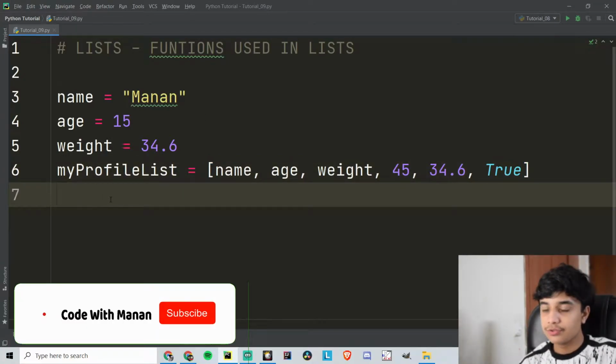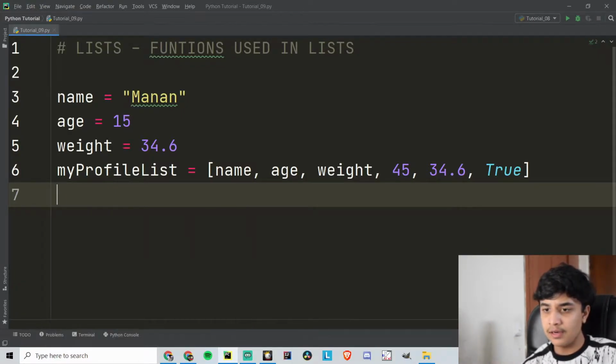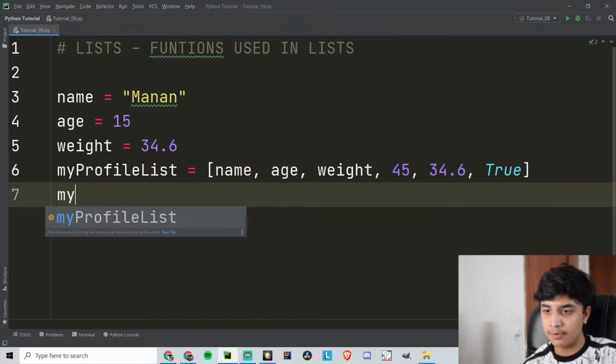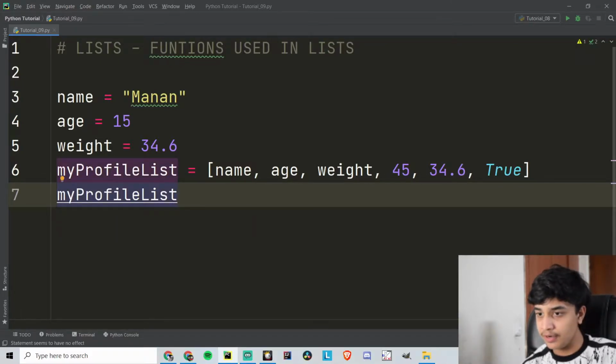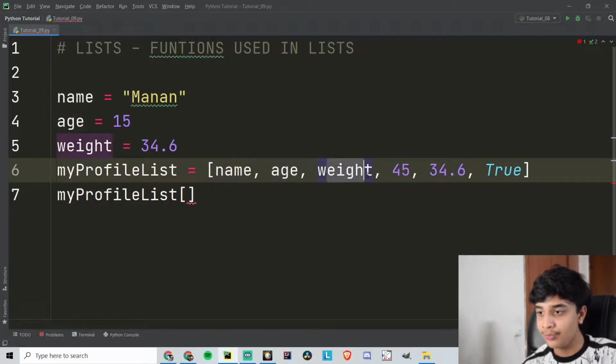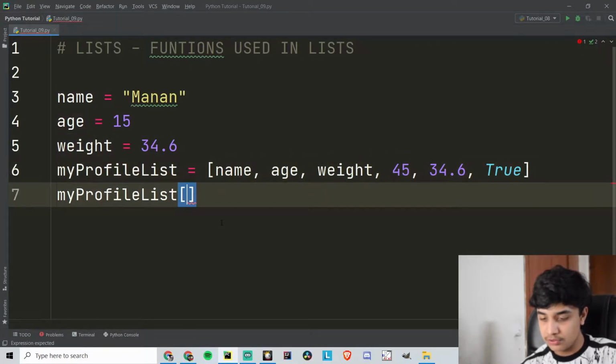Let's say if I want to change the value of 45 to 46, I can do so by my profile, and then the index value, which will be 0, 1, 2, and then 3. So 3, which will be equal to, now I can change the value of 45 to any other value I want.